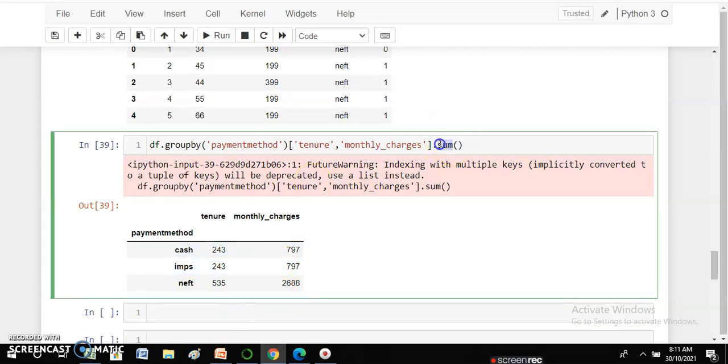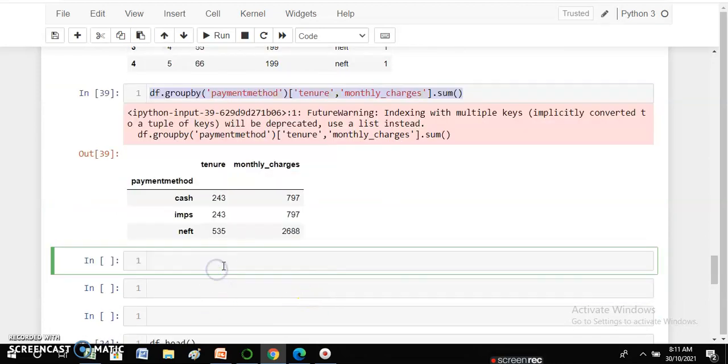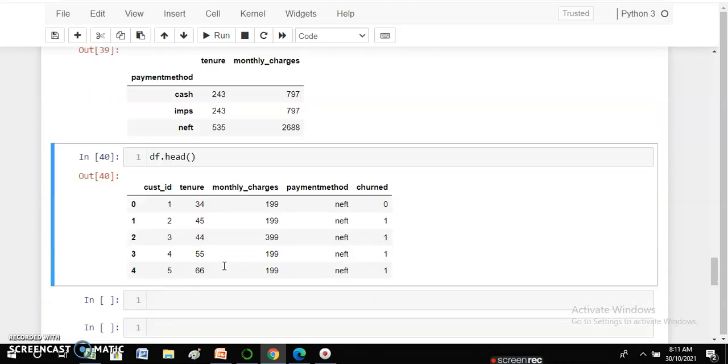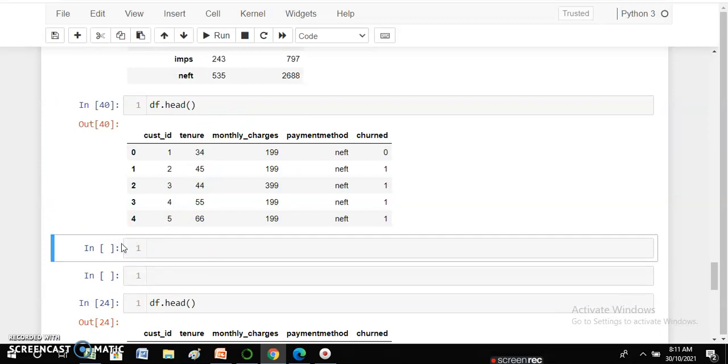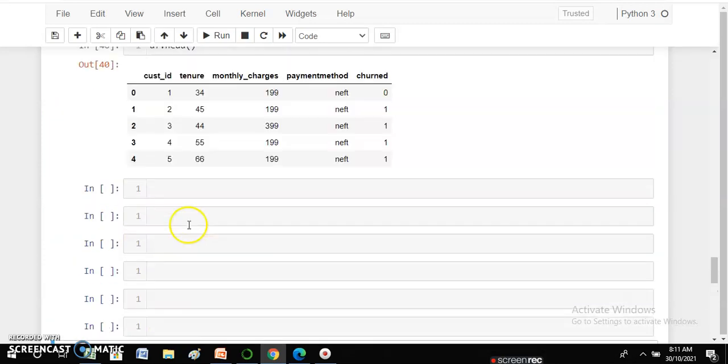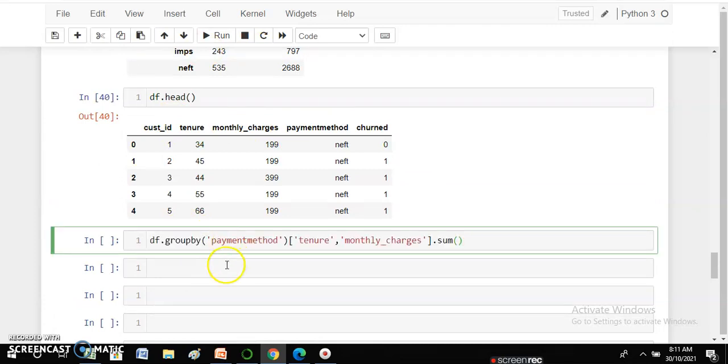Now let's copy this in a different cell. I'm just showing the data once again to you. This is my data and what I'm doing here is the grouping on payment method, and the columns are tenure and monthly charges.